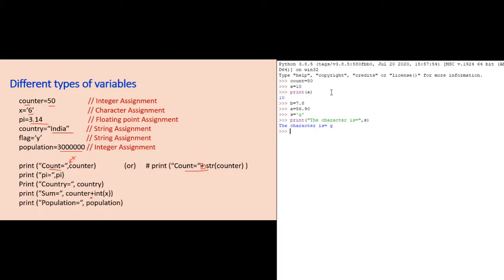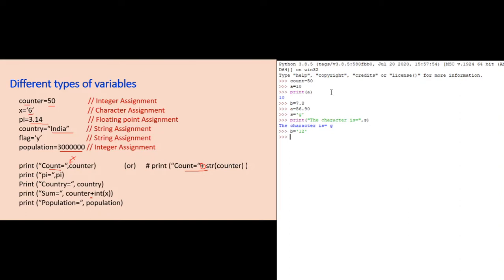And now in the fourth print statement, if I want to add two numbers, this can be done like this. For example, A, I already have 10, but now I'm having B equal to 12. A is an integer, but B is a string now.